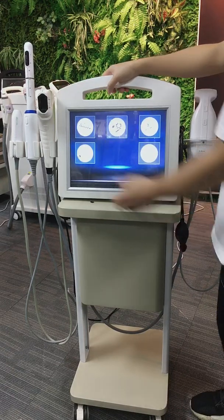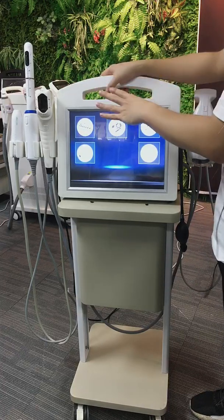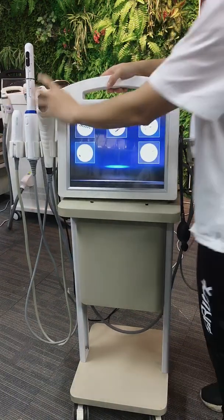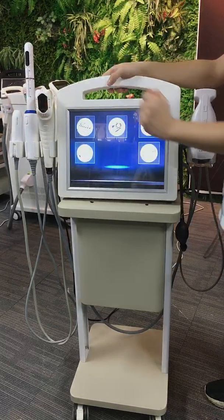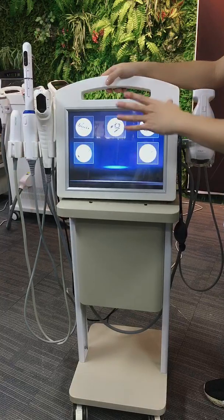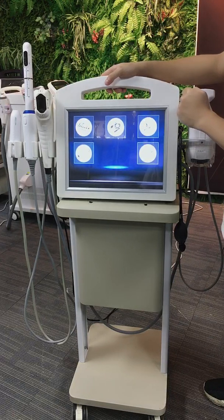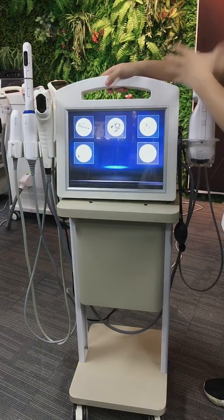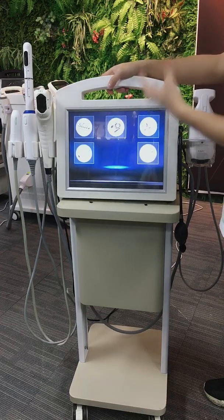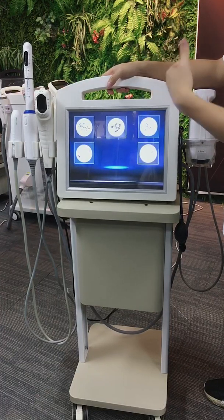Talking about the handles here, the handles can be customized. For example, if I don't want the vagina tightening handle and I don't want the body handle here, then we can choose only the 4D and the VMAX handle. Or if I want the vagina tightening and the 4D handle and don't want the rest, we can choose these 2 handles. All the handles can be customized. And if you want, we can even add micro needle handles to this machine, no problem. If you have any of these needs, please tell us in the bank and send us an inquiry,